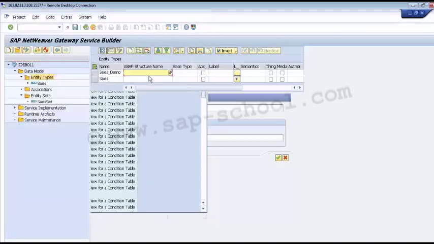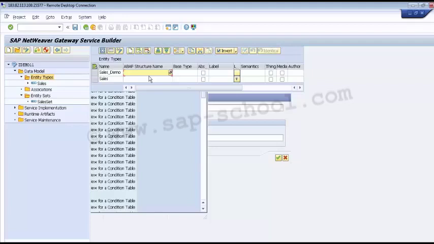Then we have the base type column. In the base type column, we have to enter the relevant base type name directly, or we can use the input help to display a list of existing node names and their descriptions. My base types pass their properties on to the derived type. Inheritance between the base types and the derived types enables us to reuse the existing entity types.